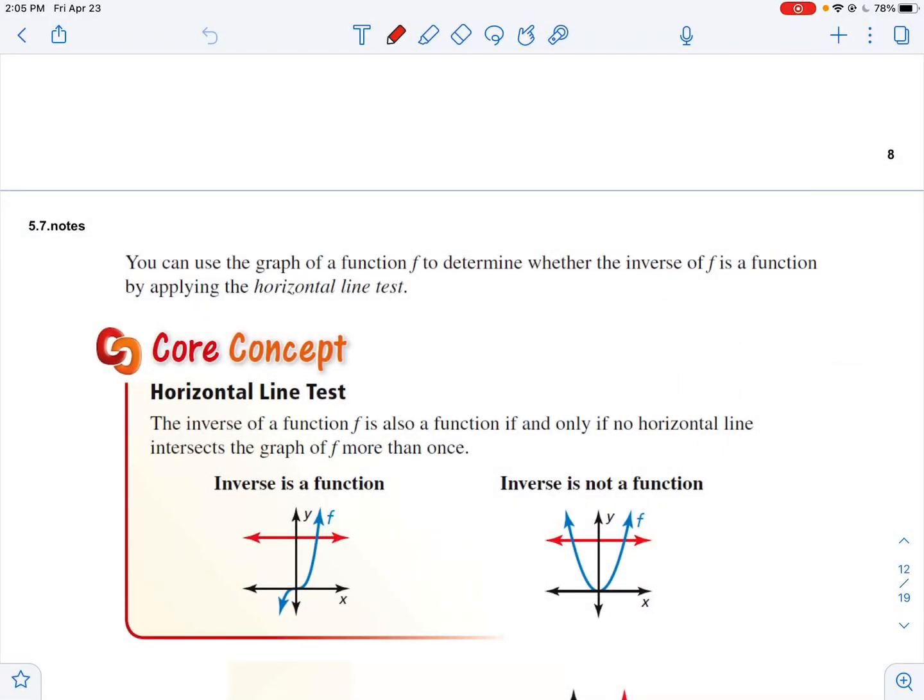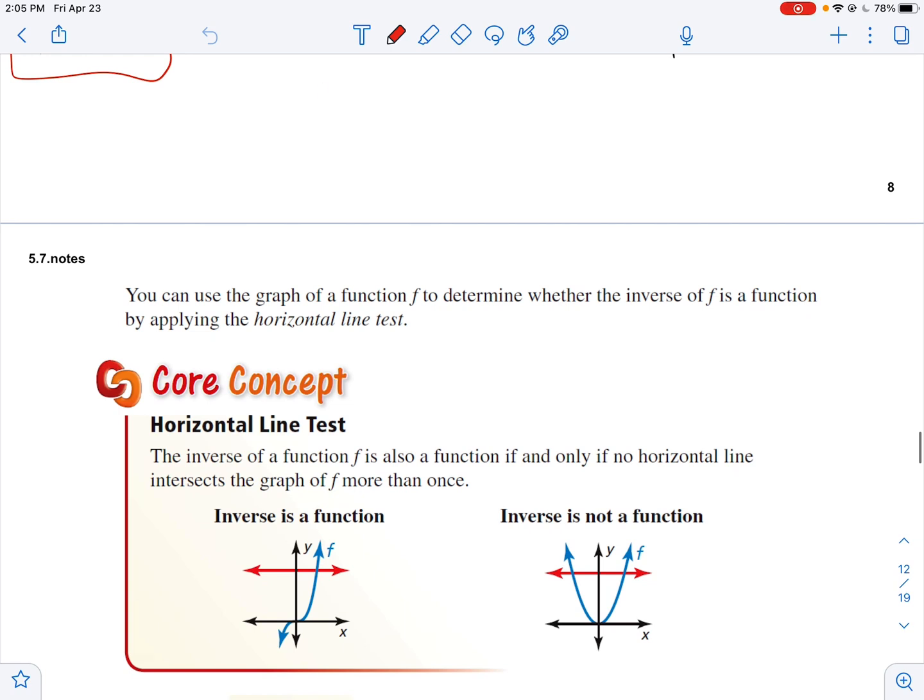5.7, Part B. We're going to finish this inverses thing up here. Now, remember that you can use the graph of a function to determine whether its inverse is a function using what is called the horizontal line test. So whenever we look at a graph typically, so if I have the graph of something here and I draw it like this,